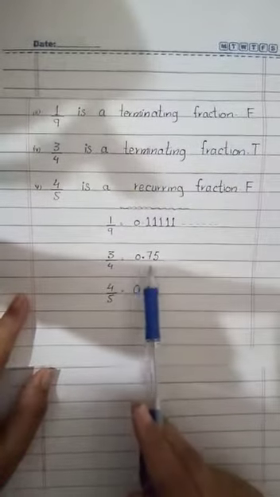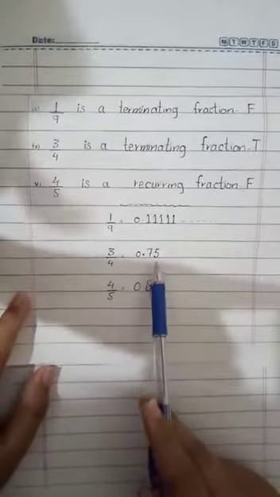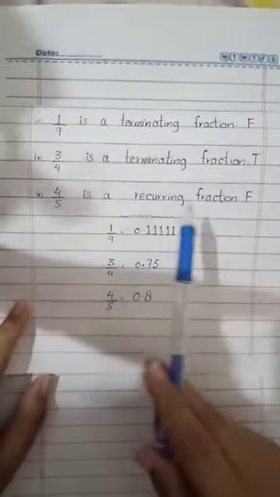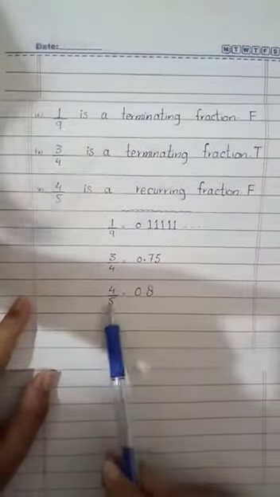3 by 4 is a terminating fraction. 3 by 4 is equal to 0.75. Yes, it terminates at 5. It has a finite number of digits after the decimal point, so this is a terminating fraction. This one is true. 4 by 5 is a recurring fraction. This one is false. 4 by 5 is equal to